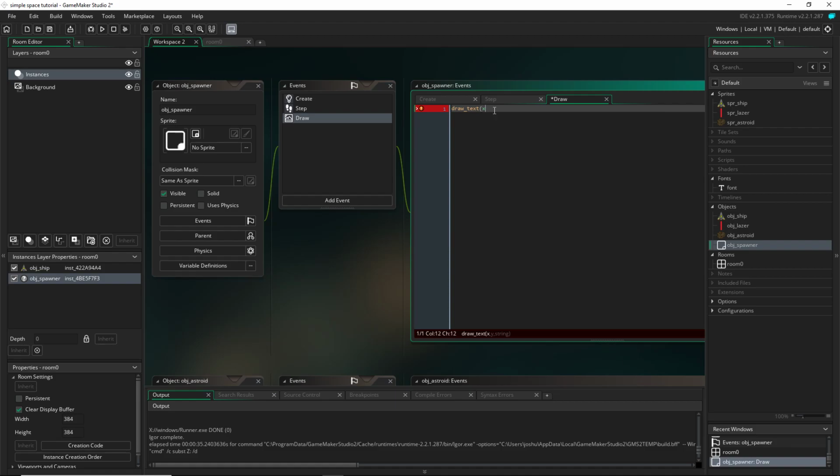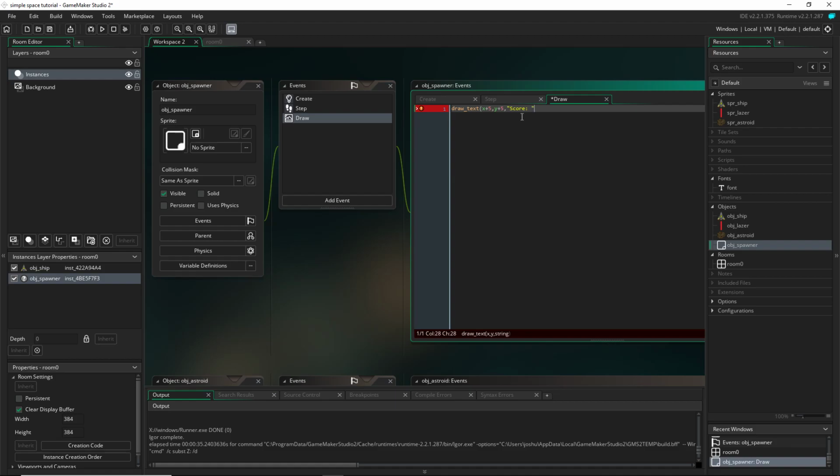And I'm going to do x plus 5 so that it's not right flush up against the corner. So we have a little gap between the border of the game and the actual text. So now the y, again, I'm going to do y plus 5 because I want it to be down a little bit from the border of the game. And then I'm going to do a string here. So to do a string, you use these quotations. I'm going to say score, spelled correctly,